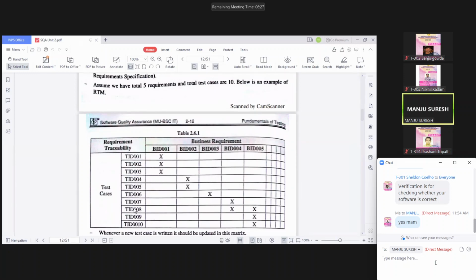Okay, it is not that once you have created the requirement traceability metrics, you cannot add on. You can add on the number of requirements into this table. Okay, and with respect to this you can add on the test case IDs also. So why we are doing it? We are doing it just to see that each and every requirement has been tested properly.